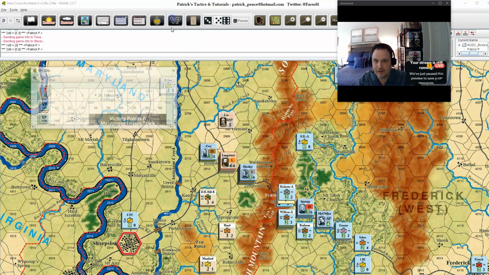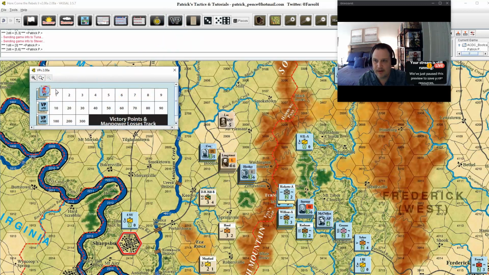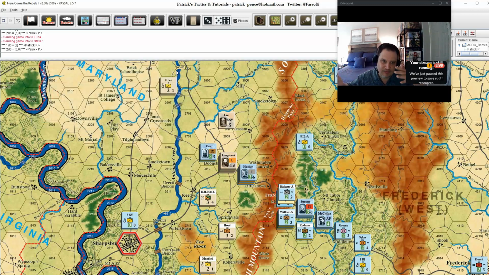and there's a handy dandy little victory point window up here where you can adjust the manpower, and you add those throughout the game. Then at the very end of the scenario, once however many turns are done, you look at the net differential between the high and low manpower losses plus victory point locations you've collected. So Longstreet takes that, and they get